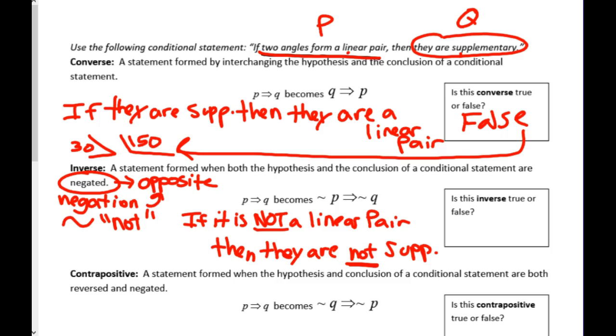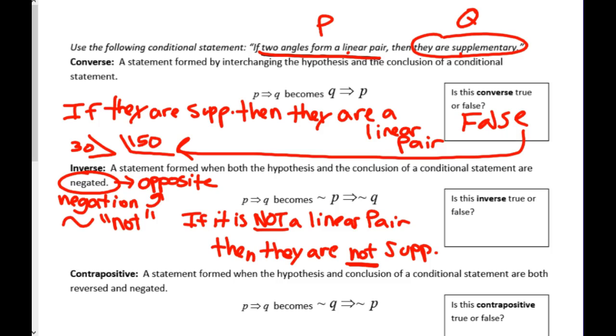So here's the question again. Is this true or is this false? Okay? Has everyone written that sentence down? Okay? So what do y'all think? If it's not a linear pair, does that mean it's not supplementary? Can you think of an example that's not a linear pair, like this up here? Okay? So look at this example up here with the 30 and 150. They're not touching, right? So that's not a linear pair. Does that mean it's not supplementary? Is this or is this not supplementary? It is though, right? So actually, that same example, actually this is false.